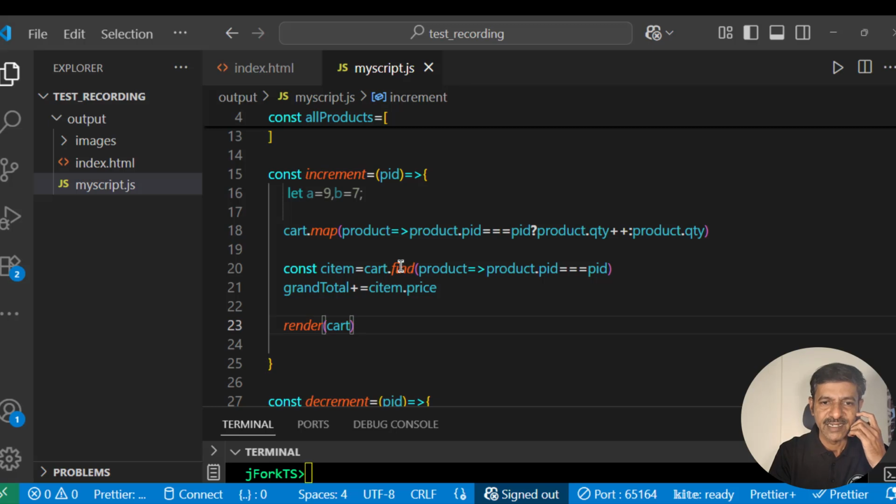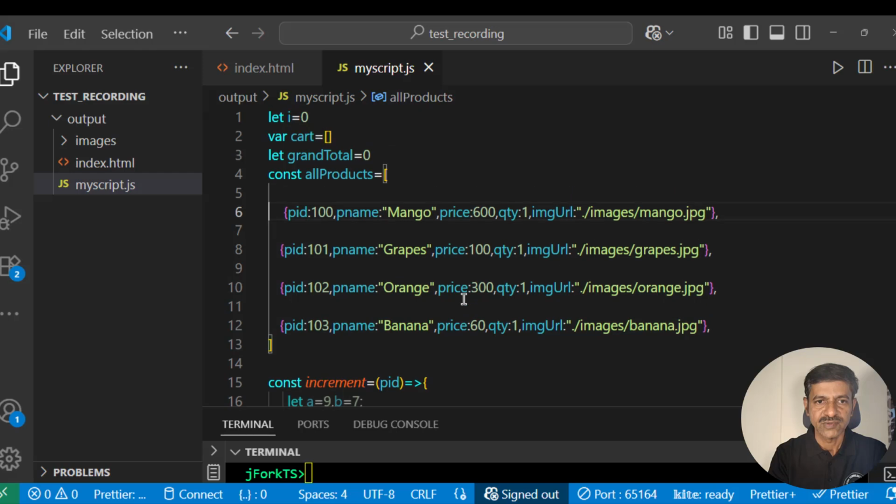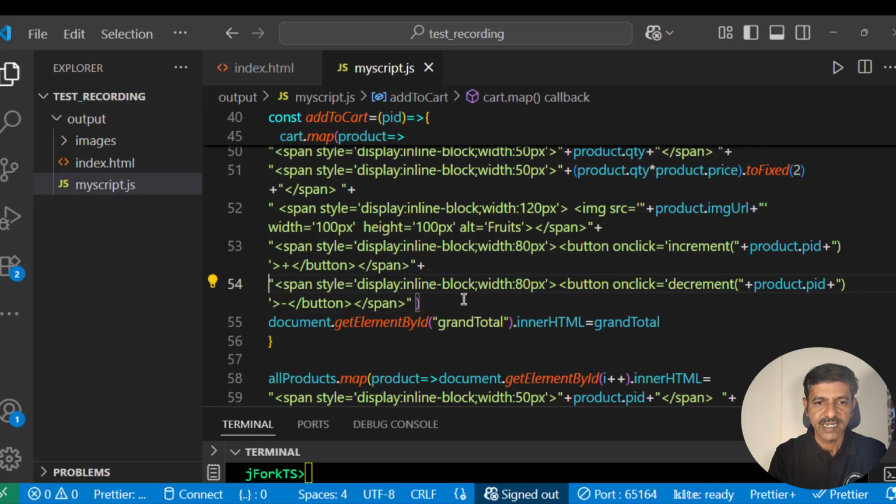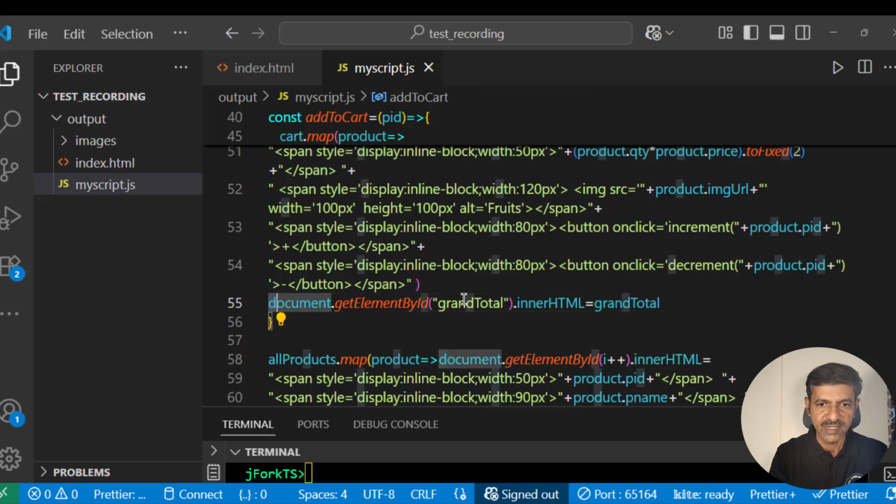What I did is in the cart I find out which plus button you have clicked. That item will come as a JSON object. Its price I am going to add to grand total. Okay, and grand total has to be displayed again in your render function also. So again, I think that was also a mistake. Here I have displayed grand total in add to cart. It must be done in